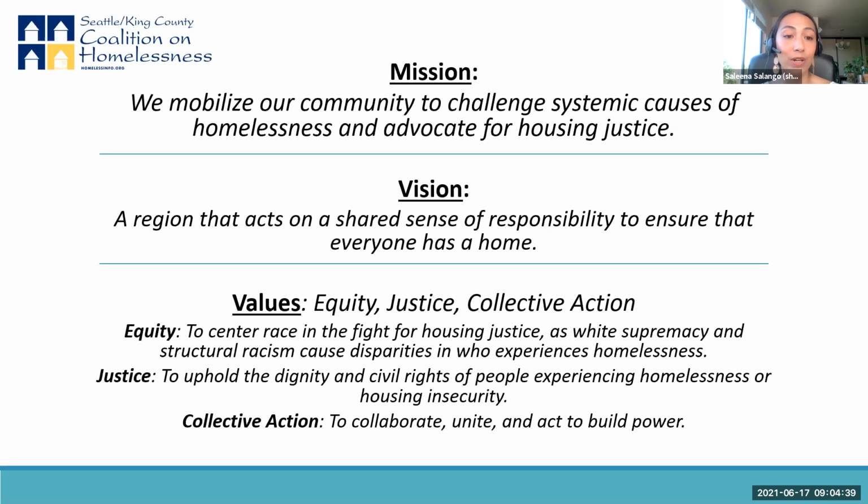We've defined equity as centering race in the fight for housing justice, as white supremacy and structural racism cause disparities in who experiences homelessness. We define justice as upholding the dignity and civil rights of people experiencing homelessness and housing insecurity, and collective action as collaborating, uniting, and acting to build power.